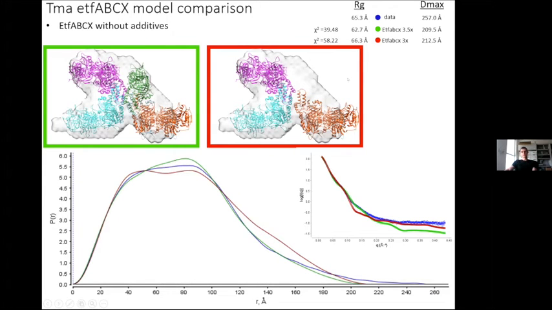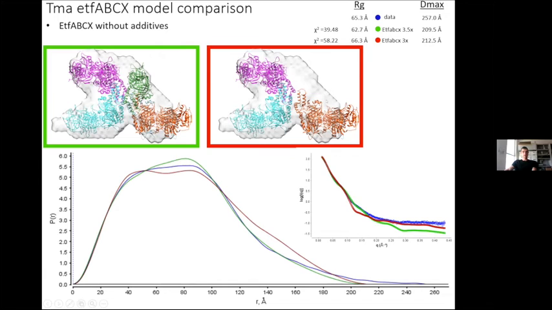I'm still in the process of doing this, but I've added in other models. This is basically a trimer and a half, and this case is a trimer. If you look at the comparison, both the SAXS curve and the PDDF, it looks like it fits better. So it looks like their cryo-EM structure is probably pretty correct, but either there's something else